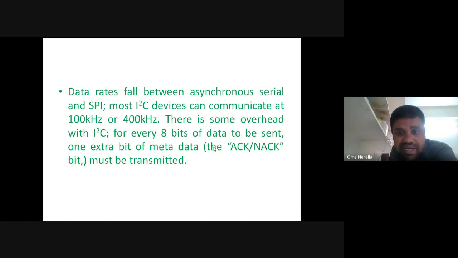Okay. From this slide, I want to say only a few things. The I2C clock frequency is 100 kilohertz or 400 kilohertz based on your model. Another point is that it sends 8 bits of data, and for every 8 bits there is an acknowledgement signal. It doesn't transmit the 8 bits at a time. It sends the bits from D0 to D7: D0, D1, D2 up to D7. After D7, it sends one acknowledgement signal, indicating whether the data was transmitted successfully or not. That is nothing but acknowledgement, negative acknowledgement.